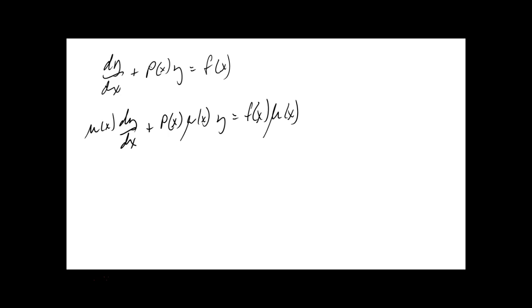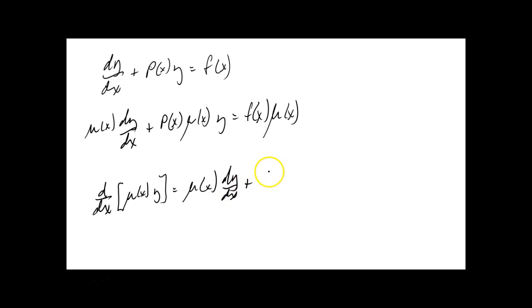Now we're going to do something else here. Let's see what d/dx of mu of x times y is, in the same order they do. Where mu is some function of x, and y is also a function of x. They don't say it here, but it is. If you're doing a derivative, that's a product rule, right? Good old favorite product rule. And that would be mu of x dy/dx